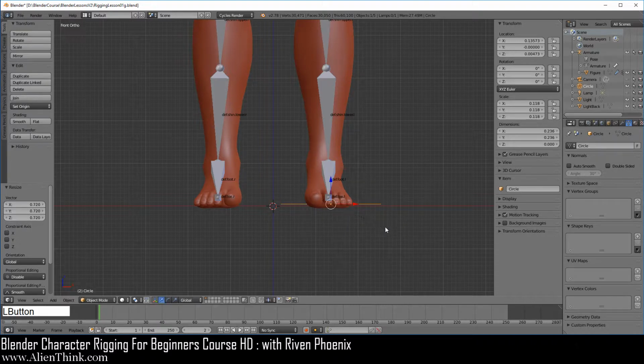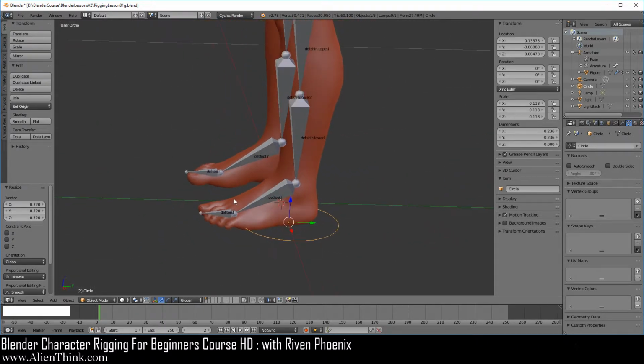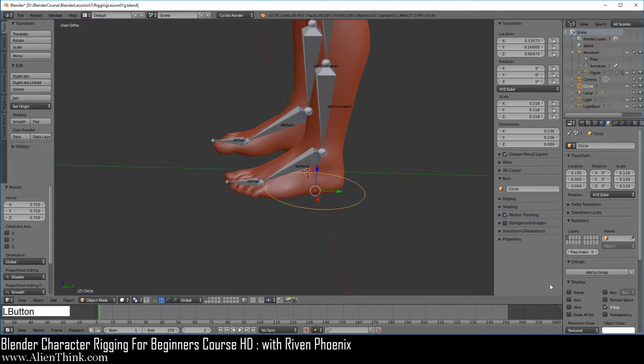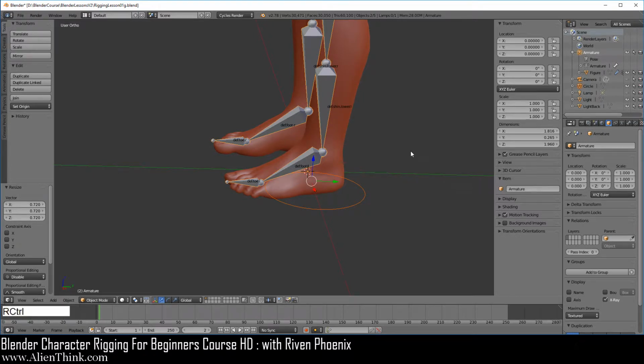I'm going to scale it down a bit more, and now I'm going to go over here. So the thing to understand about this, basically you can imagine this to be an infinite plane. We're just representing this plane as a circle. Okay, now what I'm going to do is go to the object tab and click on X-ray so we can see through this. Now what we need to do is, having this object selected, press the Shift key down and actually click on the armature on the outliner, do Control P and set parent to object.